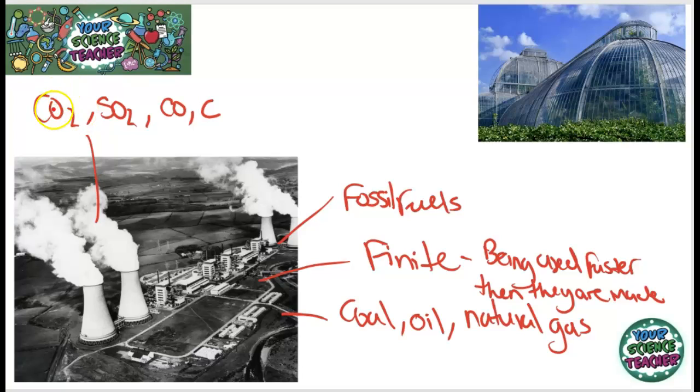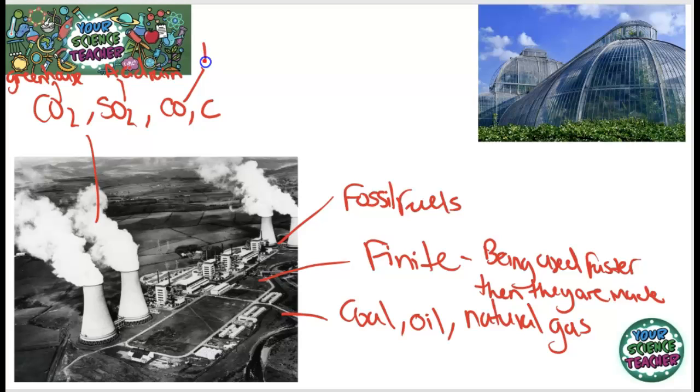If we look at each of these gases individually, carbon dioxide contributes to the greenhouse effect, meaning that it warms up the planet and it's having massive consequences. If you look at other topics in chemistry and biology, when we look at global warming, we'll cover all the problems of the greenhouse effect. And sulfur dioxide causes acid rain, which changes the pHs of soils and river ecosystems, having massive dramatic effects.